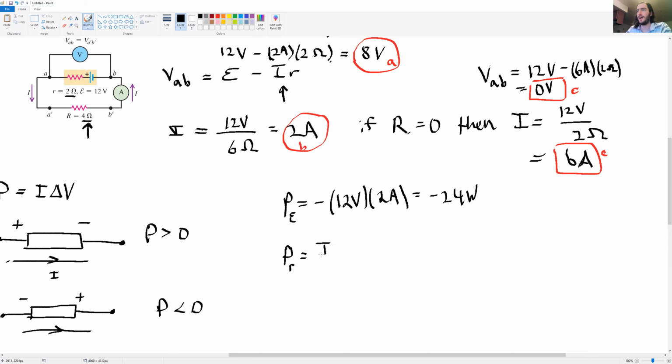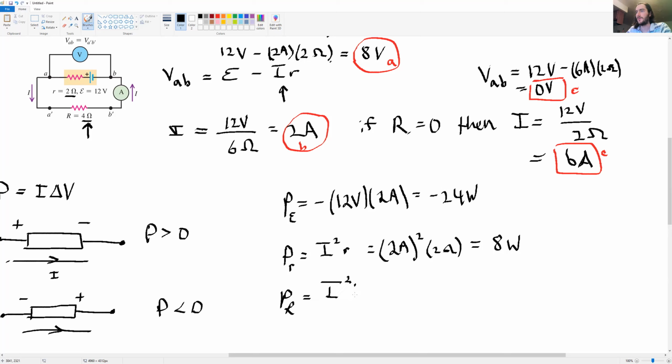do is use the formula I squared times R, which is a formula that combines the definition of power for circuit elements and the fact that Ohm's law also applies for a resistor. So the current here in the circuit is 2 amps. So it'll be 2 amps squared times 2 ohms, or 2 cubed, which is 8 watts. That is positive. The power dissipated by the larger resistor